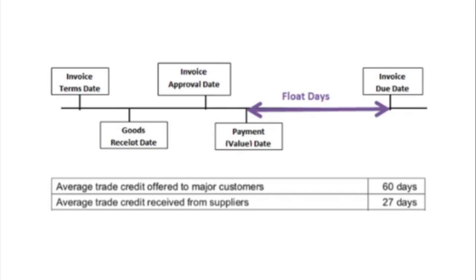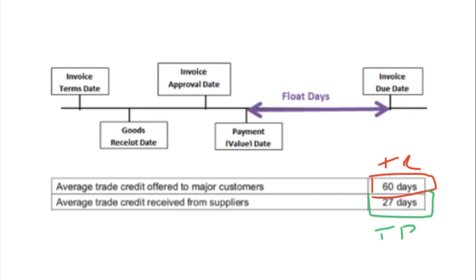on their cash flow. However, I've seen in many case studies where you have a firm which receives a trade credit, which is known as a trade payable, and therefore has to pay it, but also issues it, known as a trade receivable, and therefore they are owed it as well by customers. So within this picture here, we can see that they have got trade credits which are offered to major customers of 60 days. Again, this is known as a trade receivable because they have to receive that cash in that period of time. And they also request it from their suppliers, and they get 27 days trade payable because, again, they have to pay it within those 27 days.